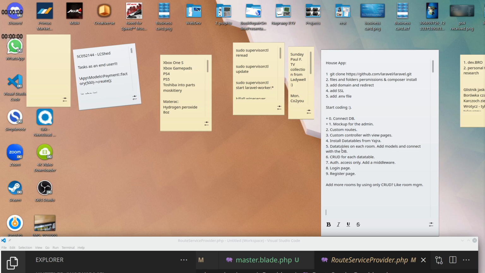Once I've got data tables for each room, I can add models and connect with the database. And then CRUD for each data table, so create, read, update, delete for each data table entry. I need to add that one. Then I will add